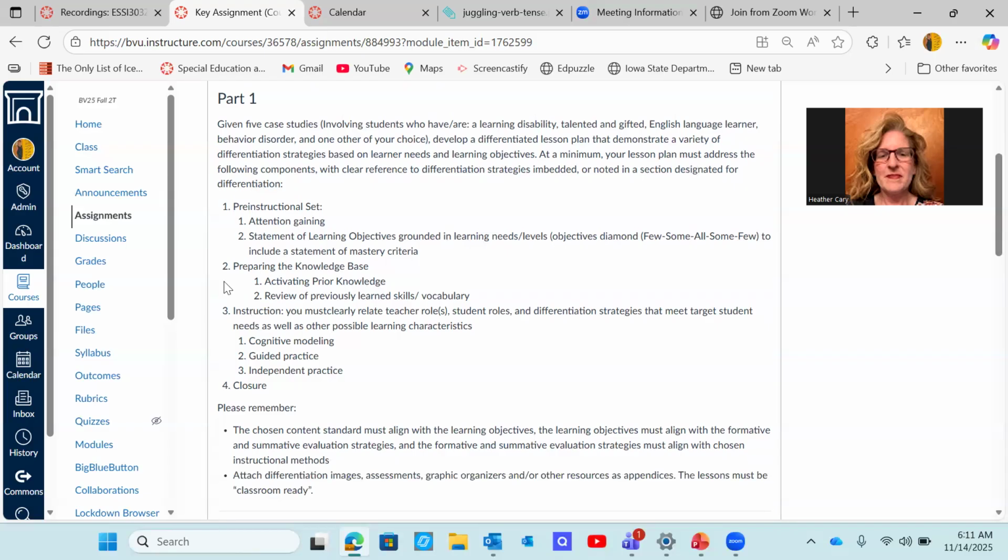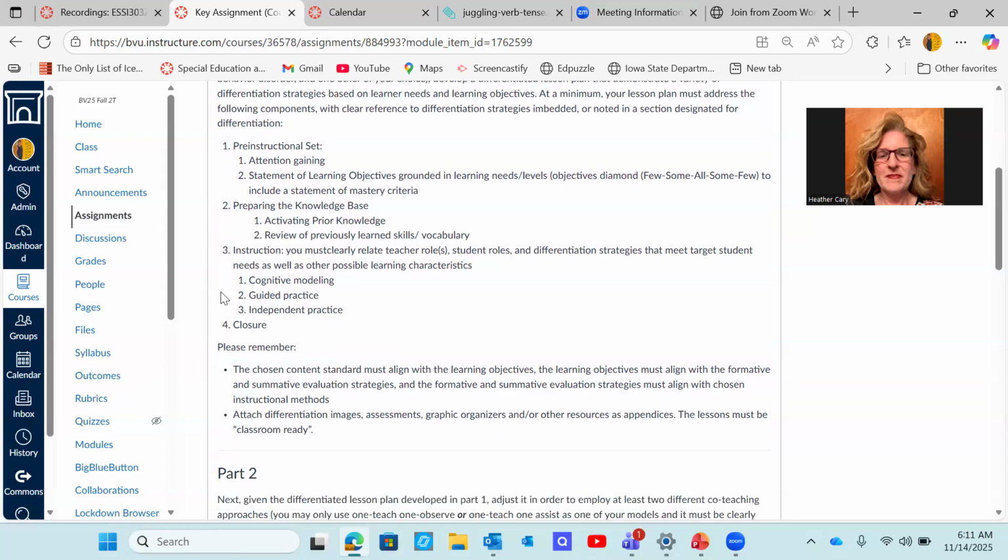Part one would be the pre-instructional set, which includes gaining the student's attention, the statement of learning objectives that are grounded in the learning needs and levels. So this is where we had that diamond that includes what all students are going to learn, what some students are going to learn above and below the objective, and then what a few students are going to learn above and below the objective, to include a statement of mastery. And then preparing the knowledge base, activating that prior knowledge, and then review of previously learned skills, vocabulary,